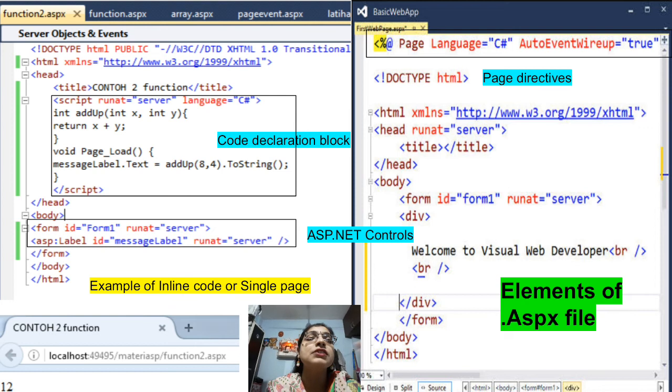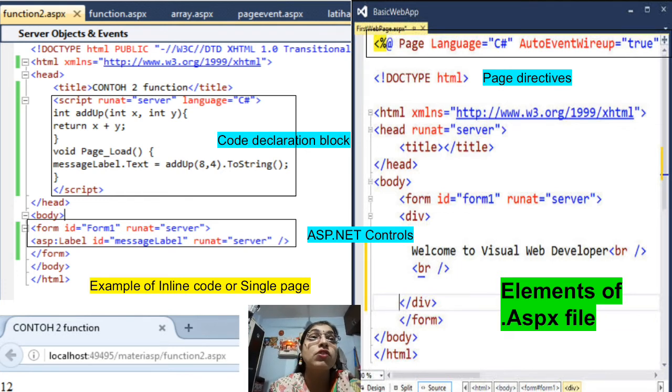Just see the first line: triangular bracket, percentage @ Page, and after that the page directive has many other parameters like language, AutoEventWireup, and others. That first line written inside the bracket with percent @ Page is called page directives.